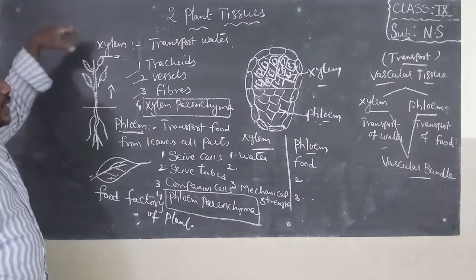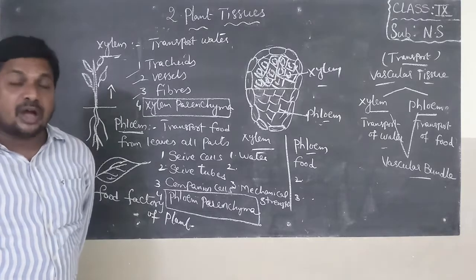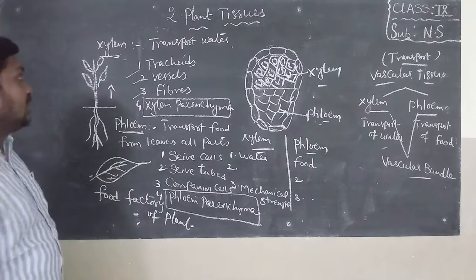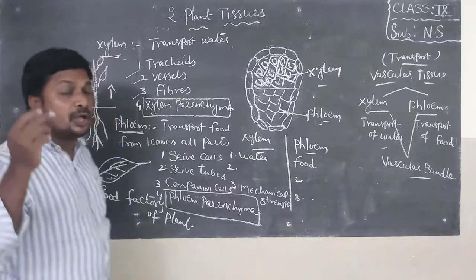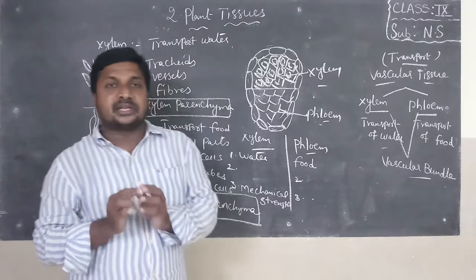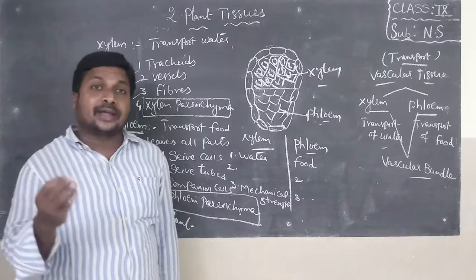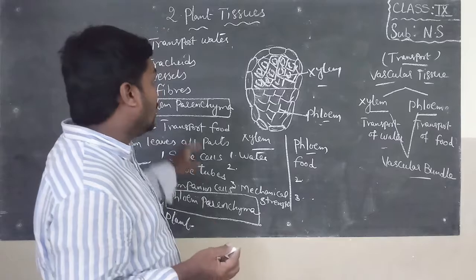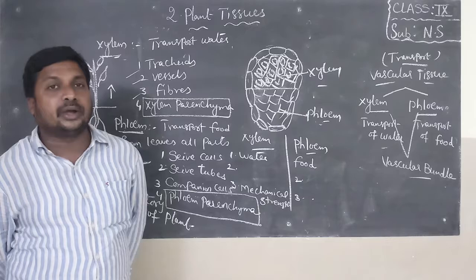So in the next class, I will draw the diagram of TS of dicot stem, transverse section of dicot stem. In that, we can find 4 types of tissues: first one is meristematic tissue, second one is dermal tissue, ground tissue, vascular tissue. Dicot stem: at the time of seed germination, if the seed breaks into 2 parts, that is called a dicot. When you observe a thin section of dicot stem under the microscope, you can find 4 tissues there: meristematic tissue, dermal tissue, ground tissue and vascular tissue.